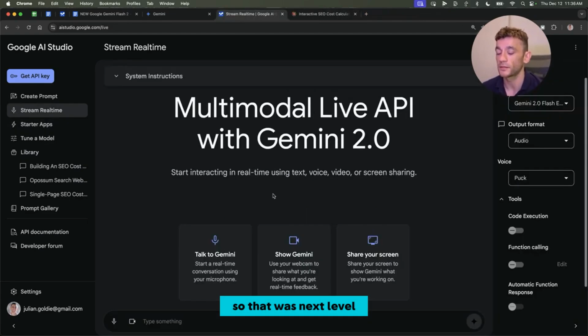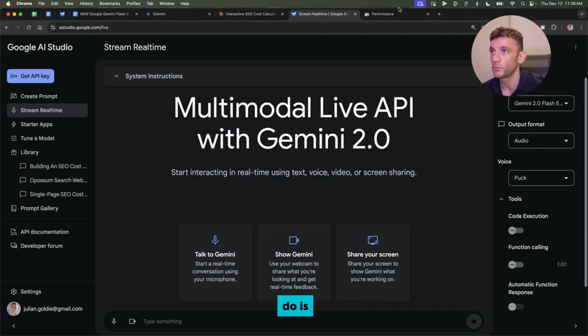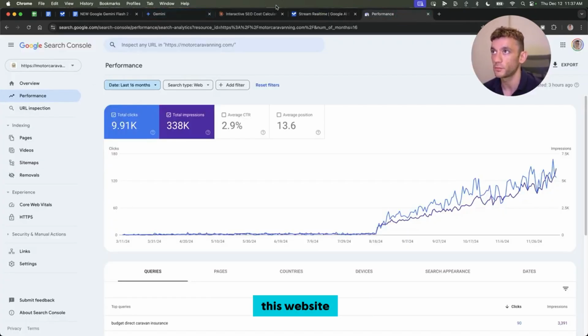So that was next level. Definitely recommend checking that out. Let's see how we can use it for SEO. So what I'm going to do is pull up the search console for this website made with